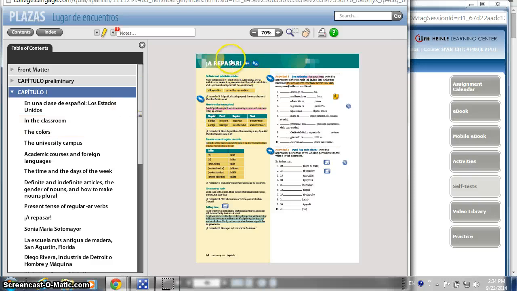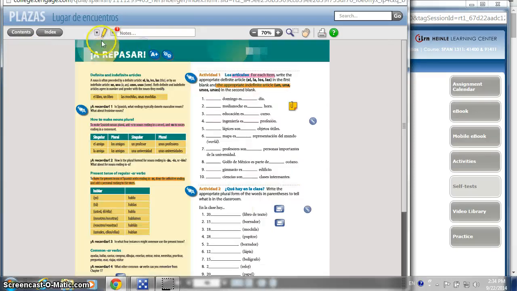Okay, other icons up here. Well, I want to talk about highlighting. Highlight, you can highlight in the book. Let me close this, table of contents. You can highlight,